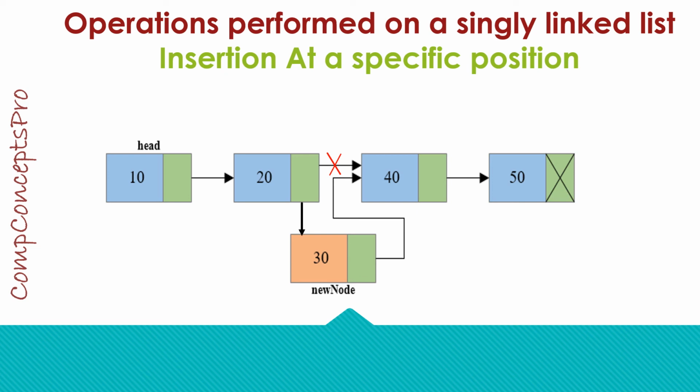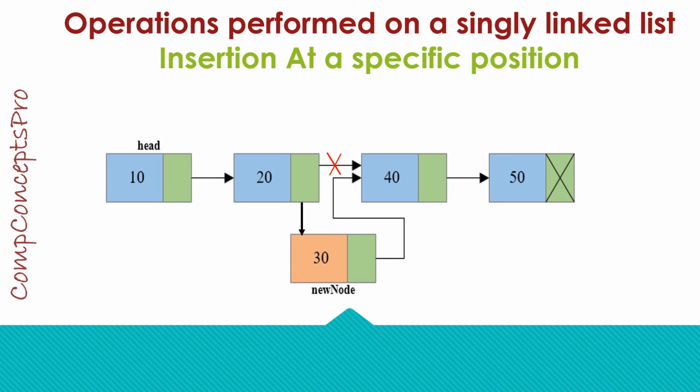Now the final insertion operation, insertion at a specific position. Here first you have to keep in mind whether you want to insert the node before or after the position provided by the user. For example, I am assuming that in this case the user has entered the position 3 to insert a new node. So I am going to insert a new node after position 2, and hence my node will be inserted at position 3. Anyway, so here also I will assign a temporary pointer, rather two temporary pointers.